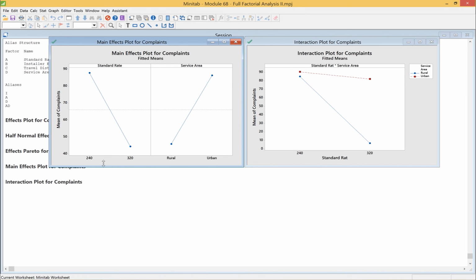And this one we use for saying, how would we actually like to run this process? So if I want to run the process, do I want to maximize complaints or minimize complaints? So I want to minimize complaints. So I would say, these would then be the factors that I would choose in terms of how I'm going to set this up. The other two factors, operator experience and travel distance, didn't seem to make a difference. Well, I'm sure you can see that there's a lot of information we can learn about the process, a lot of insight that we can be gaining,